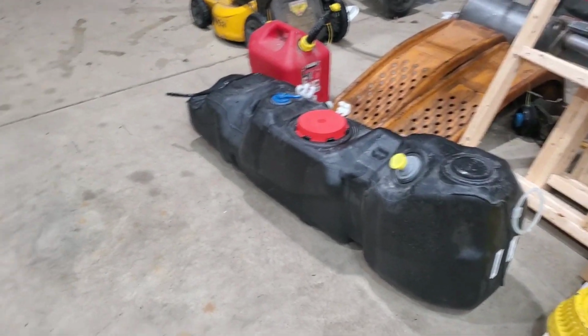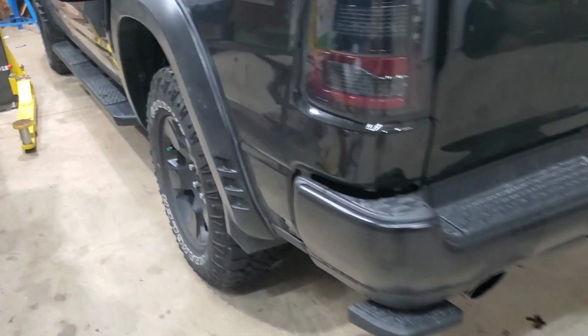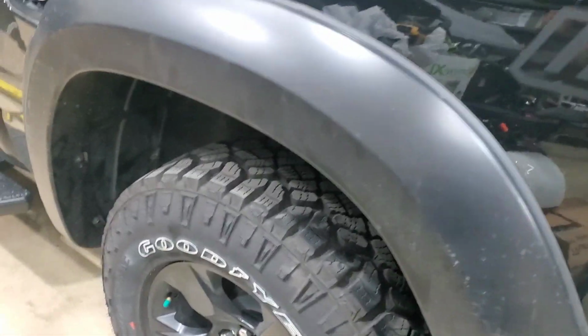Okay, so I got the kid running out right now to get about 5 gallons of gas. I did pour what was left in that into a can and put it in here. There was only maybe a gallon and a half, so I already put that up in here, but it's all back together. I don't want to turn the key until I fill up with gas. Well, I mean the 5 gallons, and then I will